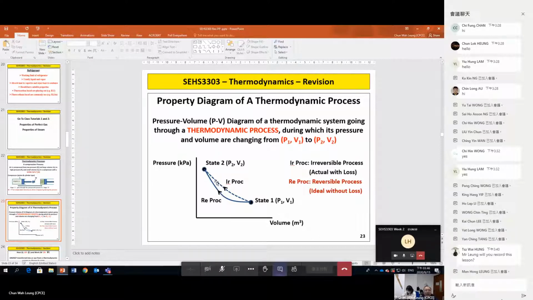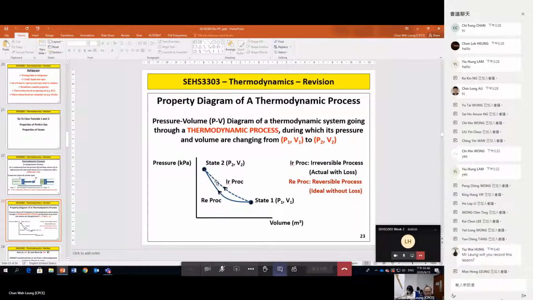Irreversible process, ideal process, too good to be true. 點會冇 loss 㗎？係咪啊？所以真實嘅 process 係唔會 reversible 嘅。